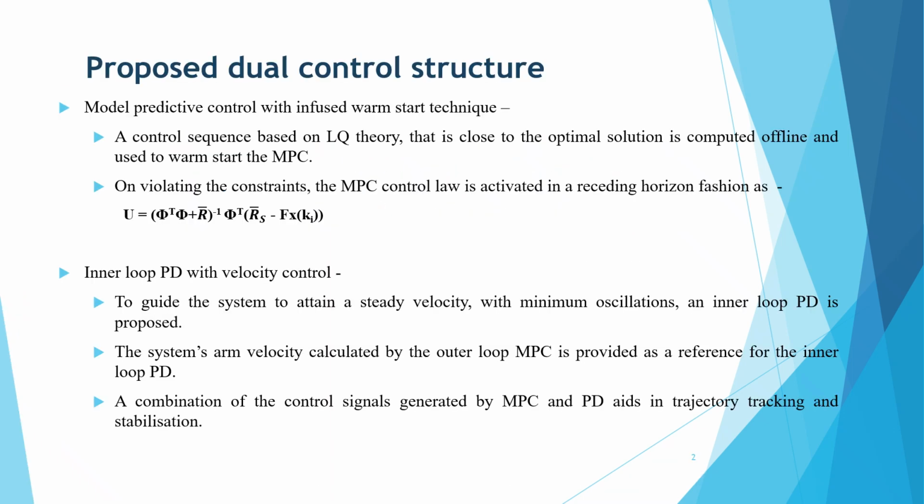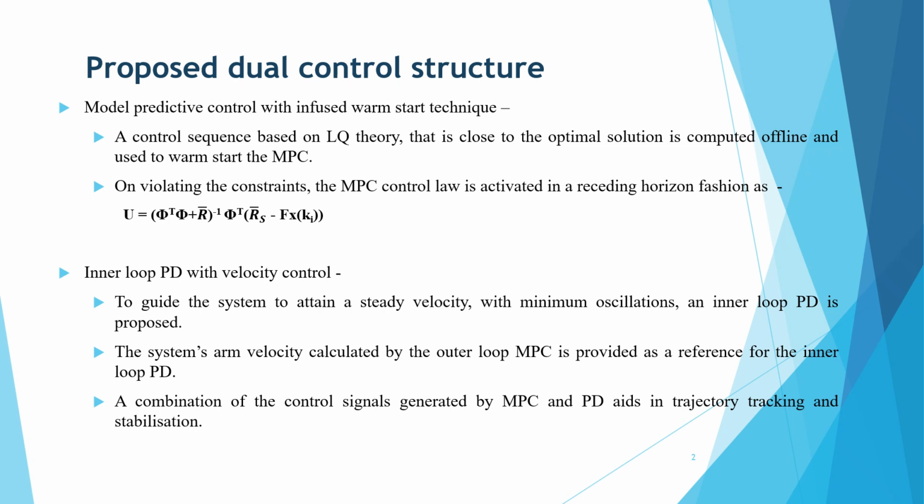In the dual control structure, the outer loop is a model predictive control loop and the inner loop is a proportional derivative control loop. Talking about the outer loop, in the model predictive control loop, a control sequence based on LQ theory that is close to the optimal solution is calculated offline and used to warm start MPC. On violation of the constraints, the control law is activated in a receding horizon fashion and a control U is